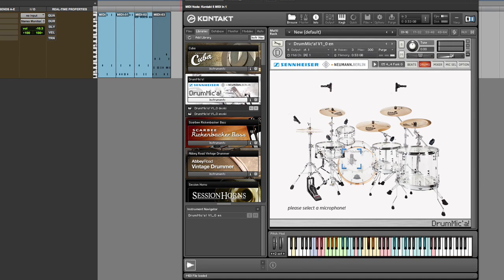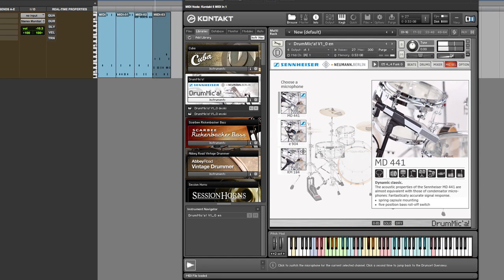Then here's the drums, and you can go through and change the mics. So you can click on a mic. I'm guessing that the real point of this VI is so you could learn about Sennheiser mics and possibly buy them, but who cares? It's free, and if that's the way they want to do their marketing, then good for them. At least they're giving us something useful. So you load one in,